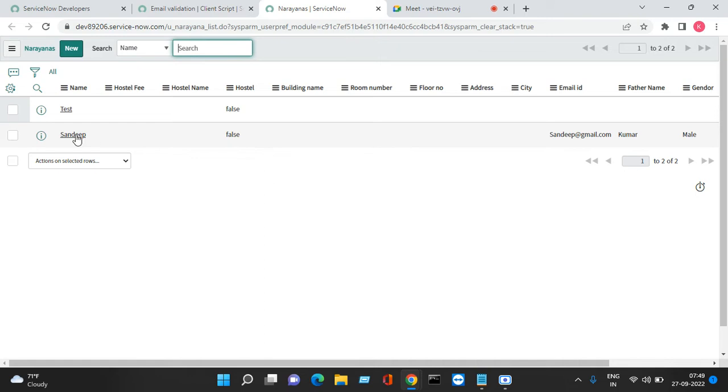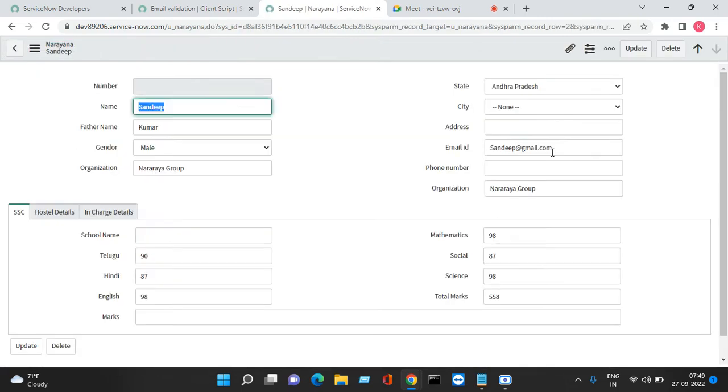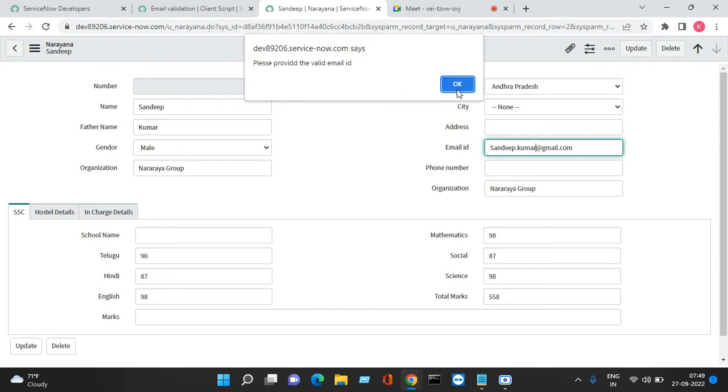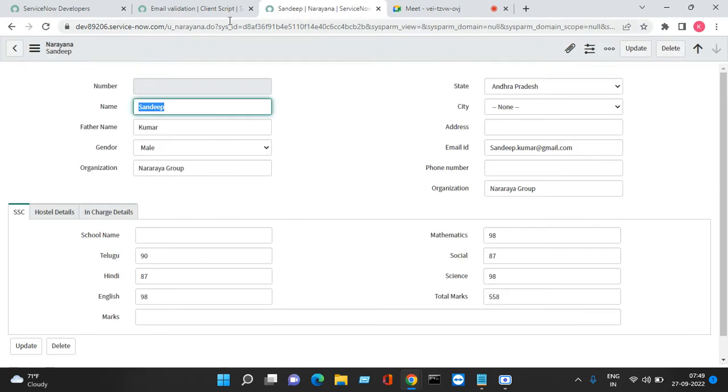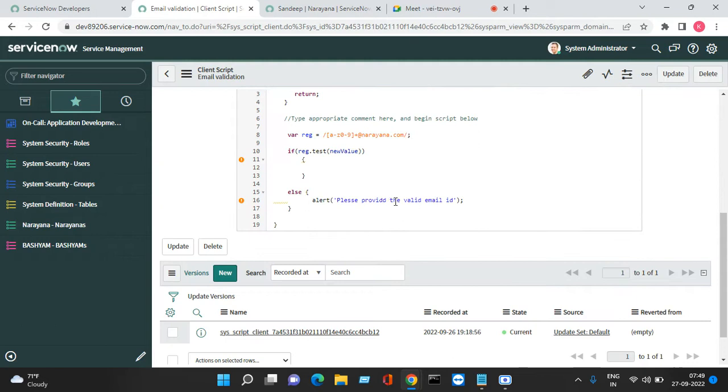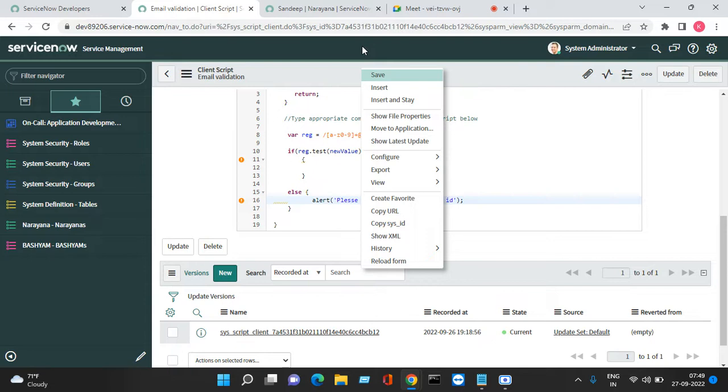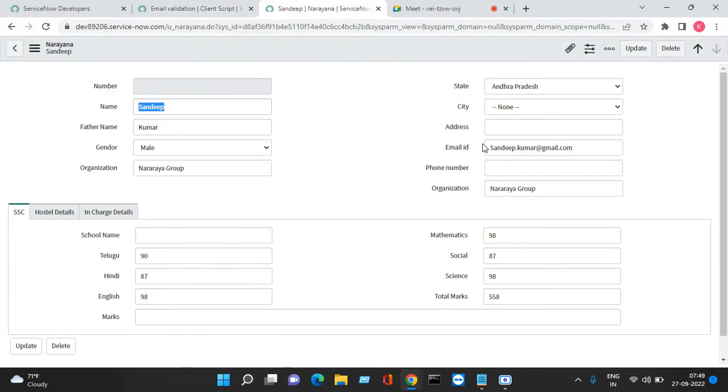I'm just opening the Narayana record. So I'm entering Sandeep.Kumar. See, it says please provide the valid email ID, but it was saving the record. See, it throws an error, and the record is automatically saved. So for this one, what we have to do is